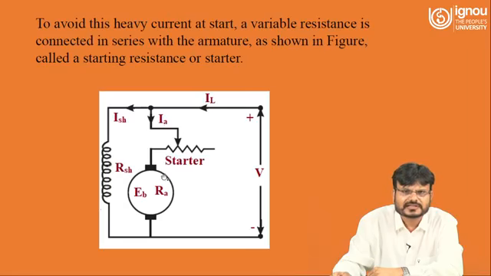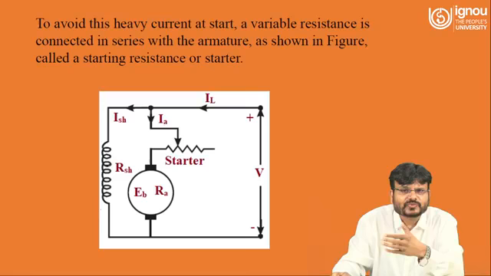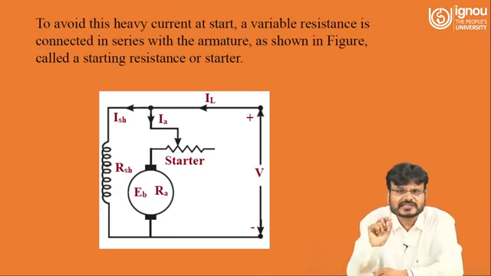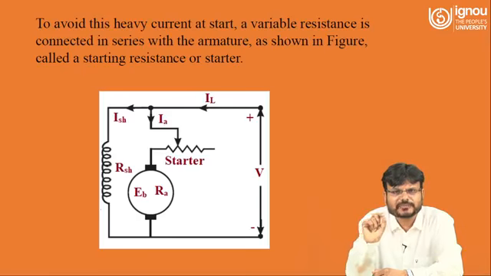Here you can understand, this one is a DC shunt motor. The voltage generated is the back EMF EB, and this is the armature resistance of the motor. This is the field winding of the DC motor, because it is a shunt motor, that's why it is denoted as RSH. Now we have concluded that when speed is 0, or it is just about to start, IA is equal to V minus EB upon RA. Now this EB is 0, that means IA is equal to V upon RA. That means this armature current is very high.